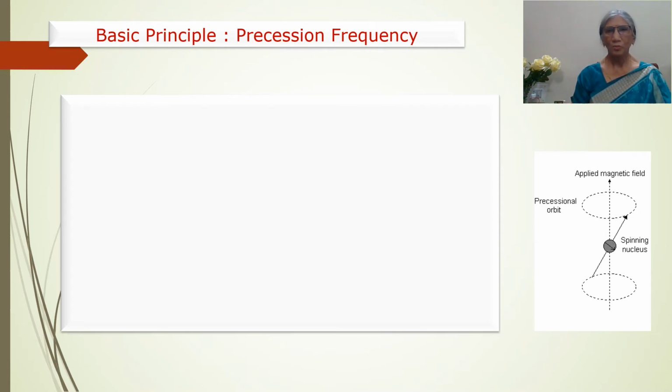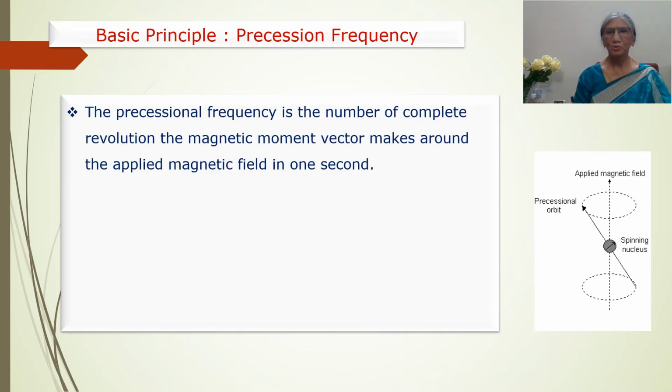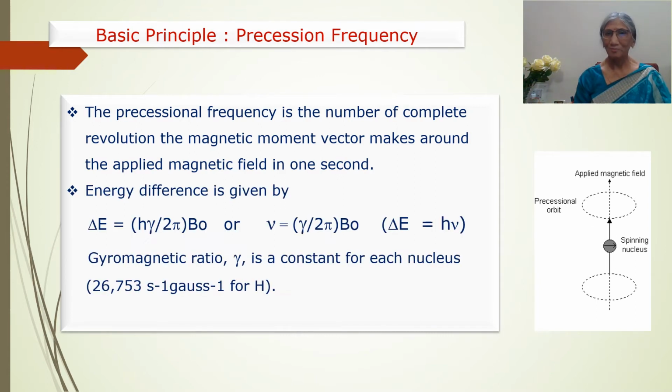Like the top, the nucleus also shows precessional motion, and it is associated with the precessional frequency. The precessional frequency is the number of complete revolutions the magnetic moment vector makes around the applied magnetic field in 1 second. The energy difference between the two energy levels, that is, aligned with the external magnetic field and aligned against the external magnetic field, is given by